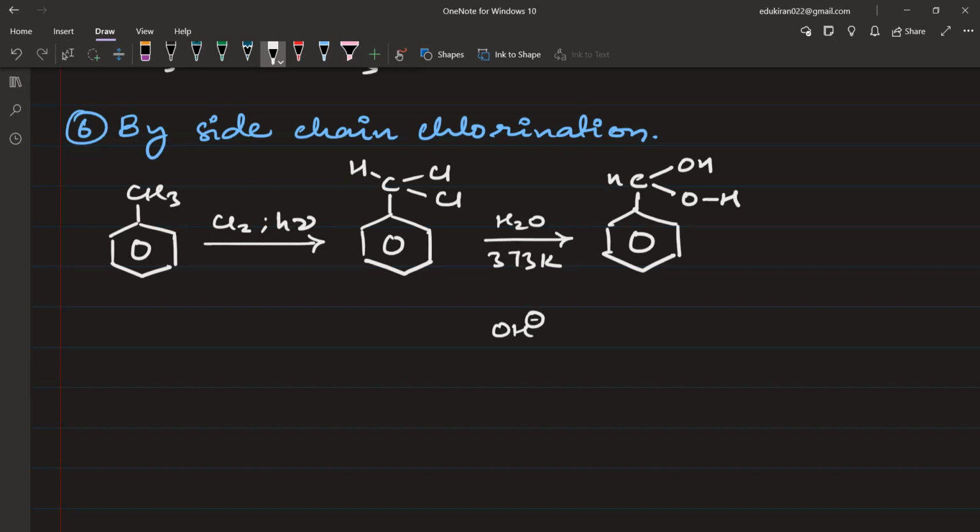Okay. Whenever you have gem diol, this is a case of gem diol. Gem diol means this carbon atom, it has two OH group. Whenever this happens, this OH groups, they come up with them like this, and water is being removed. Okay, water is being removed in this case. So it will rearrange and it is going to give you